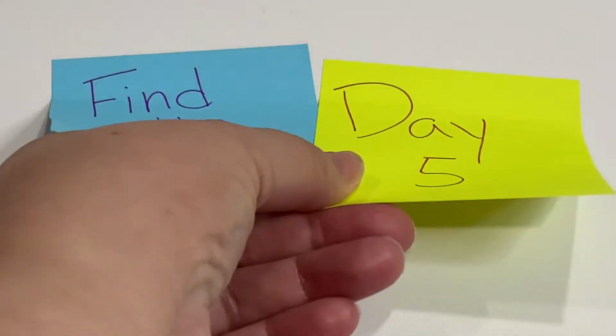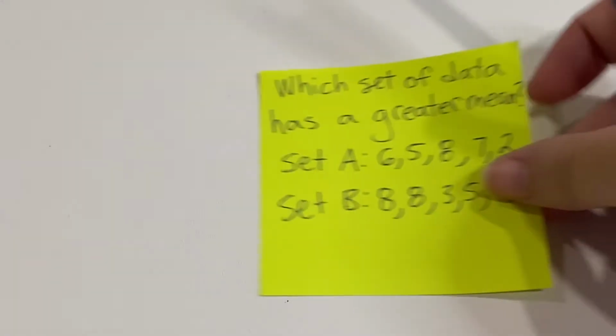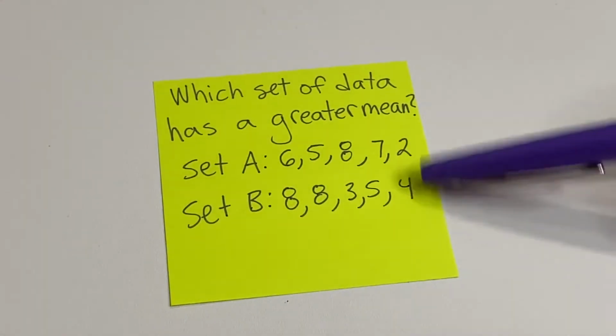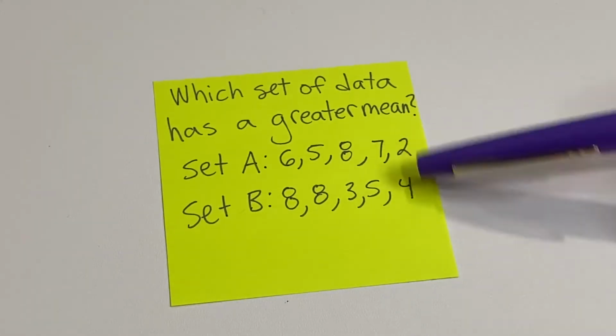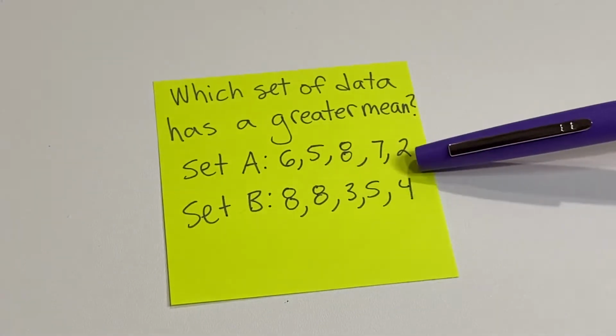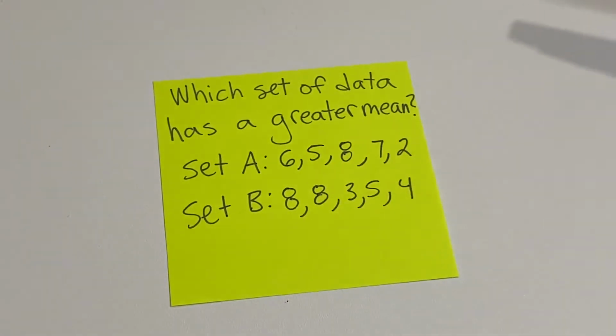So today what we're going to be looking at is when you are comparing the mean of two different sets of data. So what you will have to do, let's look at an example of this. Which set of data has a greater mean? We want to know, whatever kind of data they are, which one is a greater number. Now when you look at them, you could try to guess and figure it out, or you can just